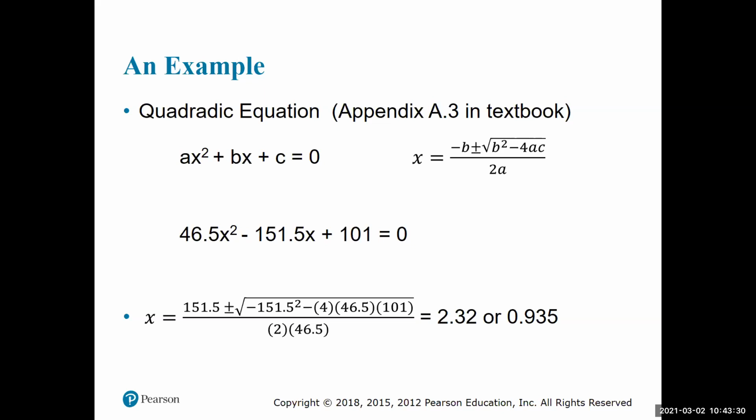And then we use those terms, a, b, and c, to fill into the quadratic equation, which is x equals minus b plus or minus the square root of b squared minus 4ac, all divided by 2a. So we got a lot of stuff we got to put in there. And so if we do the math correctly